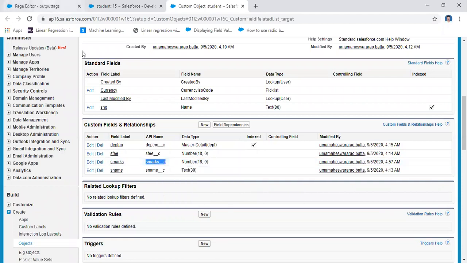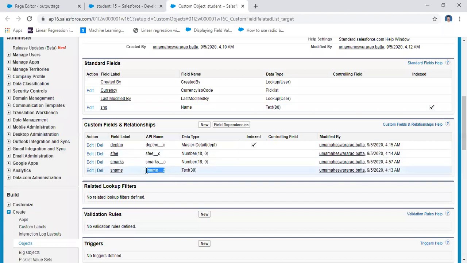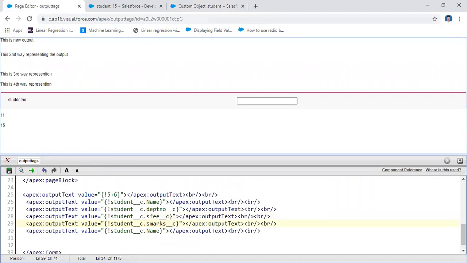The next important thing here is the student name. Then Ctrl+V. That means if you click here, it displays all the information for student record 15.